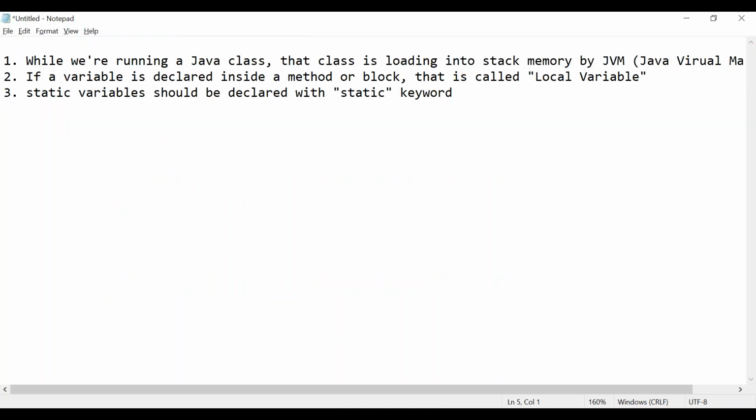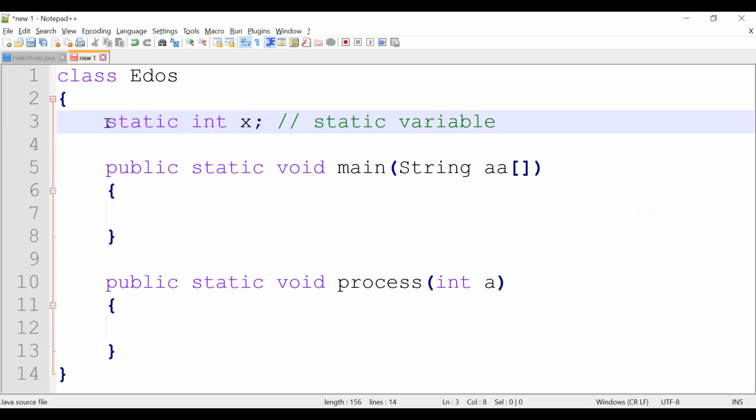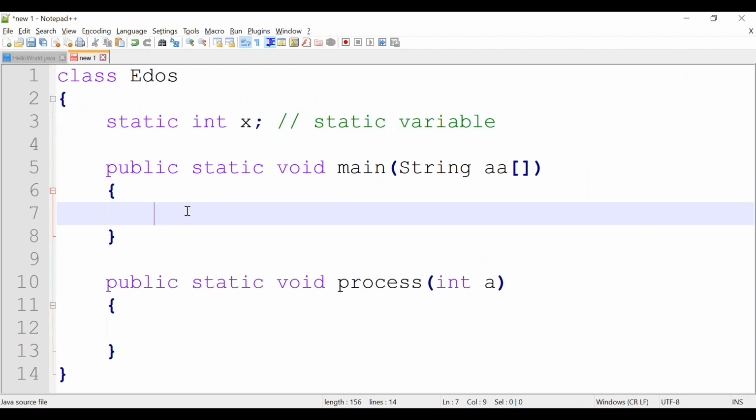And where is it declared? Static variables are declared inside the class, correct? But it should not be declared inside any of the methods. I cannot simply declare it like this.